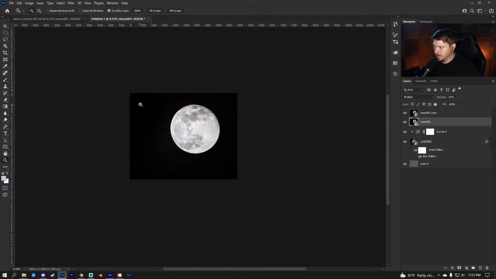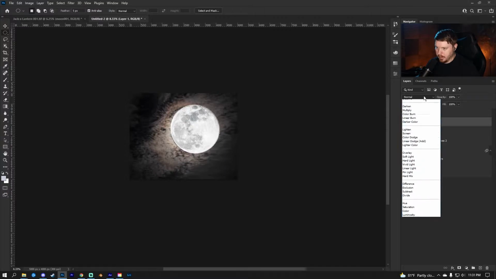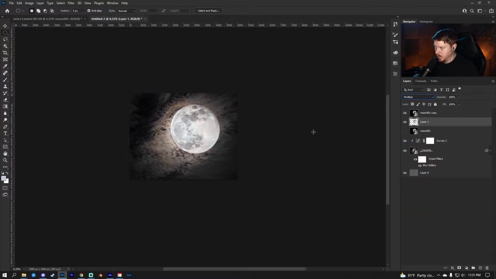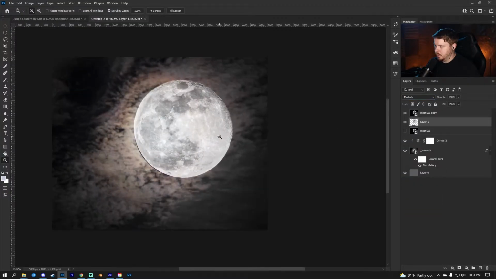All right, so we have all this darkness here that we don't want. So I'm just going to use this selection tool here, and while pressing Shift, it'll make a perfect circle. I'm just going to hold down Shift to only get this. Control or Command C, Control or Command V to copy and paste that. I'm going to put this into multiply, and now we have a realistic looking moon with the screen